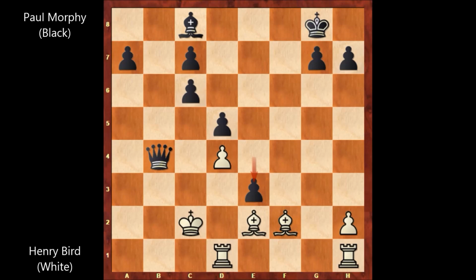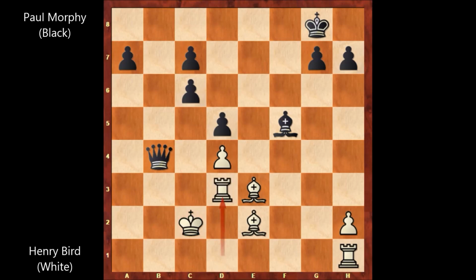Morphy also wants to activate his bishop. He is opening the diagonal for the bishop and sacrificing the pawn. So Henry Edward Bird captured the pawn with the bishop. Bishop takes on e3, but then bishop to f5 by Morphy, blocking with the rook, rook to d3. Queen to c4,